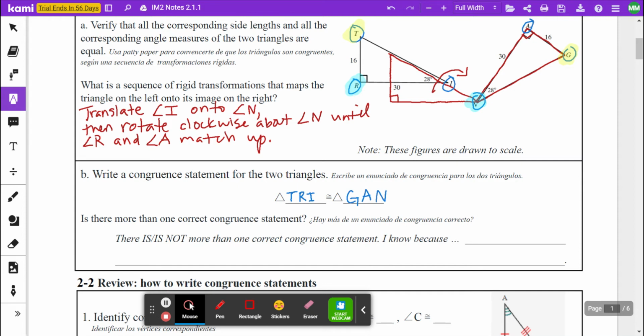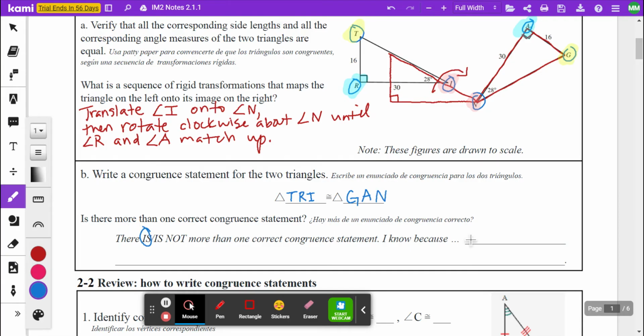Oh, I made a mistake. Should R and N be matched up? No. I and N should be matched up. R matches up with A because R and A are the right angles. So I know that there's more than one congruent statement